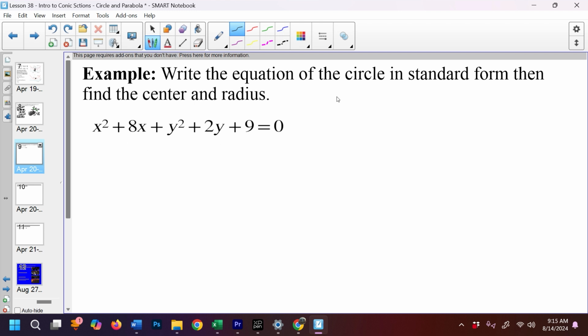So for this one, to complete the square, the first thing that we're going to do is collect x's and y's. Now, if you look here, my x's are together, my y's are together. So in this problem, they've already done that for us. But in problems that you're going to see later on, you may have to do that. And since that's already been done for us, we will also in this step move the constant